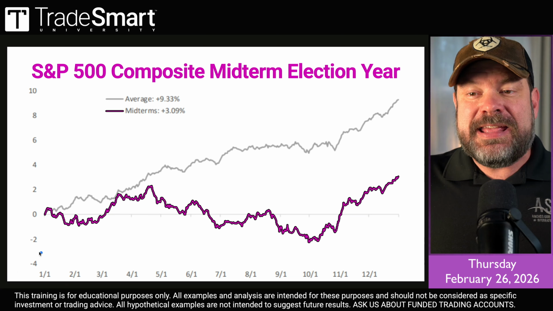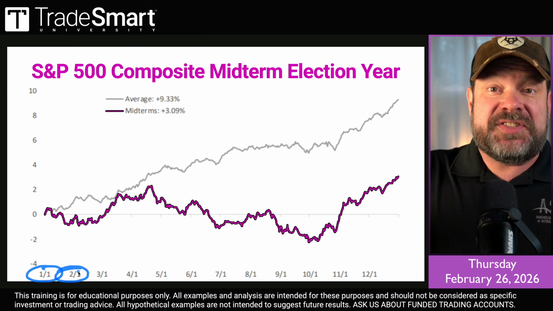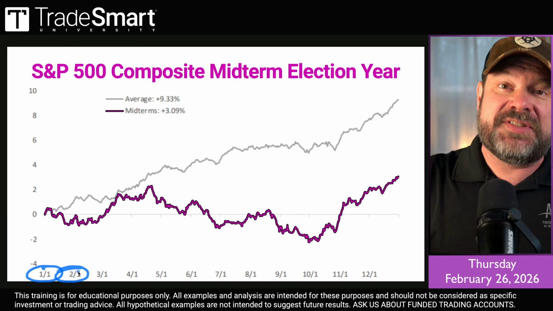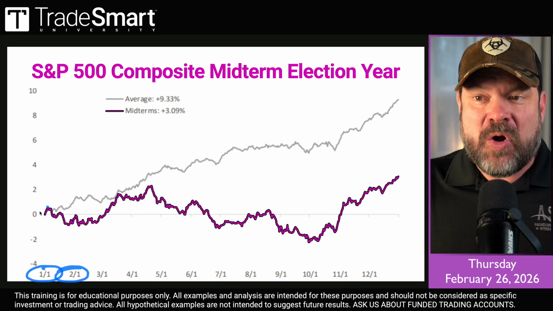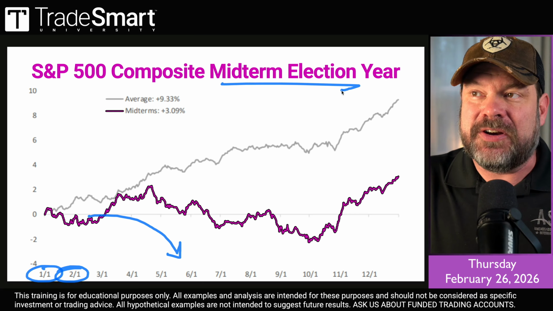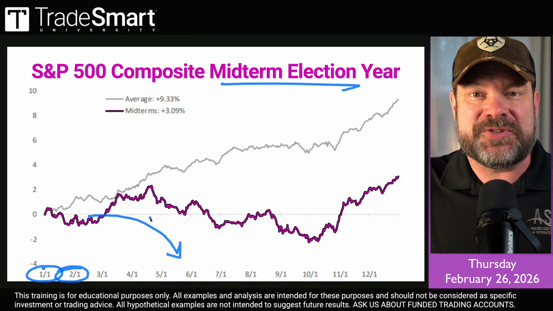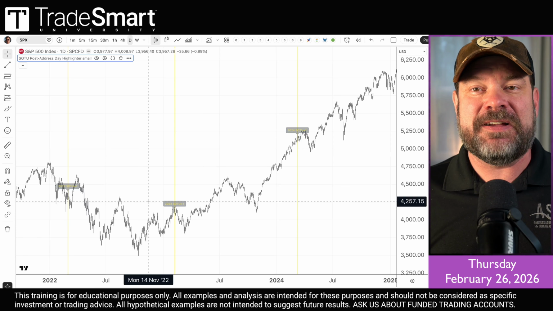Now, every year we get a State of the Union address in January or February. So is it the State of the Union that impacts the market, or is it seasonality? It doesn't matter. What we know is we tend to start to see a sell-off in the market, especially during midterm election cycles, so we need to be prepared for that. That's creating downward pressure on the S&P 500.